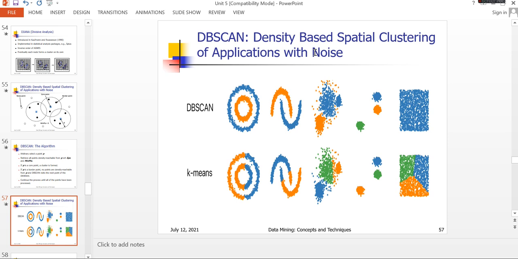In dbScan, you can represent clearly, you can get the exact data. So that is the advantage of dbScan over the k-means algorithm. That is about the density based clustering method. In density based clustering, dbScan is the very important and basic method. Other methods are also there, but we will mostly prefer to go through the dbScan method. It is the basic method of density based clustering methods.